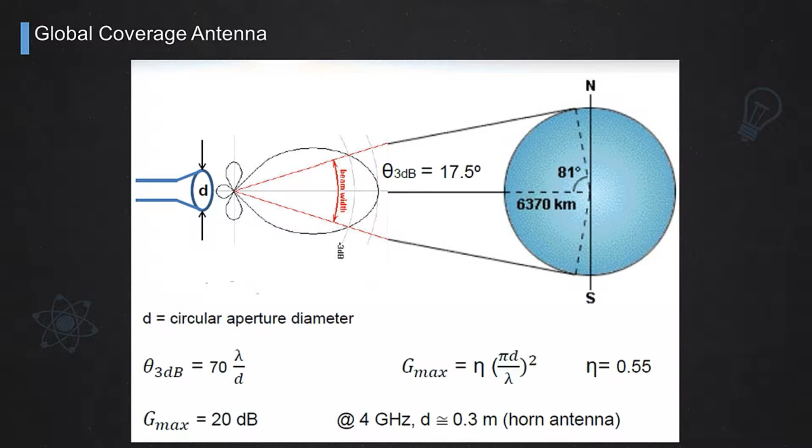So if we want to cover that area, virtually possible area, with an antenna, we know by now, after the first lesson, that we will need a beamwidth of the same value. So in the first approximation, we should think of an antenna that has a beamwidth of approximately 18, 17.5 degrees. And this is what we see in the present slide. We see exactly the dimensioning of a global coverage antenna. This is the simplest antenna we can think of. It's still very much used in many applications, even for satellite communication. It is the antenna that realizes the maximum coverage over the Earth.